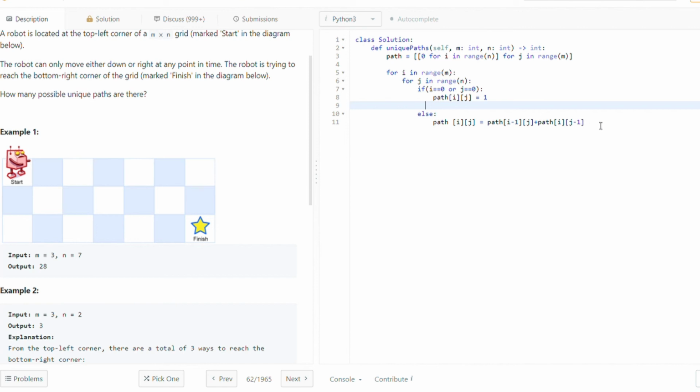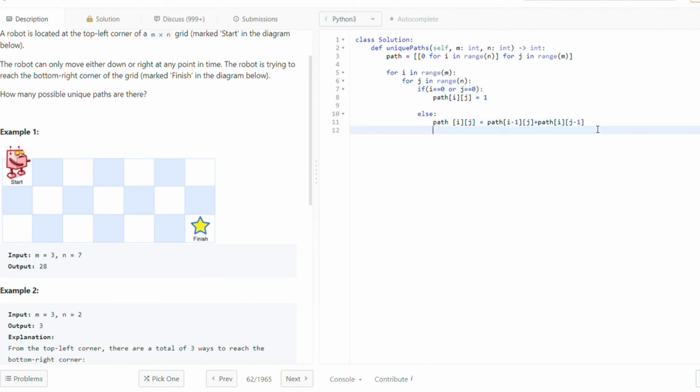Okay, also since we are traversing from 0 to m and 0 to n, and I'm trying to access i minus 1, which means that maybe if i is equal to 0, I can actually try to access 0 minus 1, that will be path minus 1. So will that pose me an issue here? No, it won't. The reason being, I have actually already added the condition, if i is 0 or j is 0, then that will be treated here only and that will be treated as 1. So in a way I have already resolved that situation.